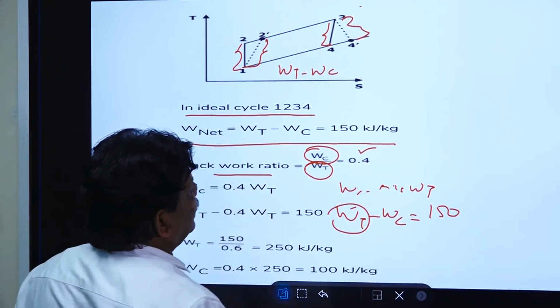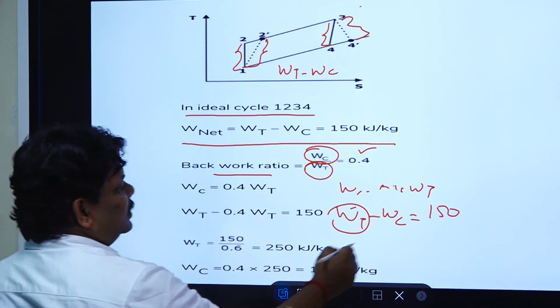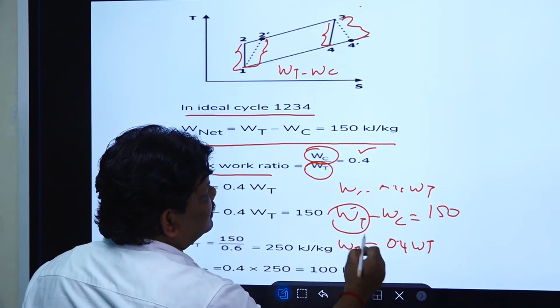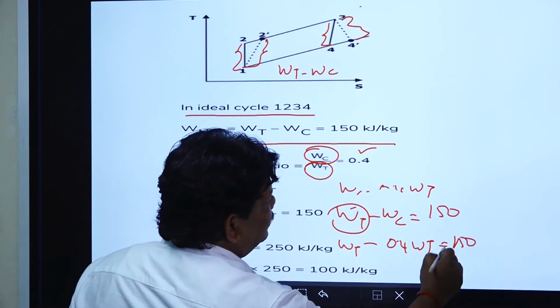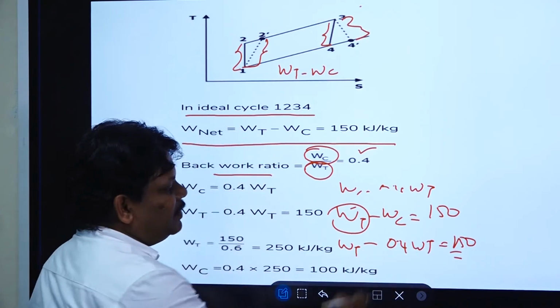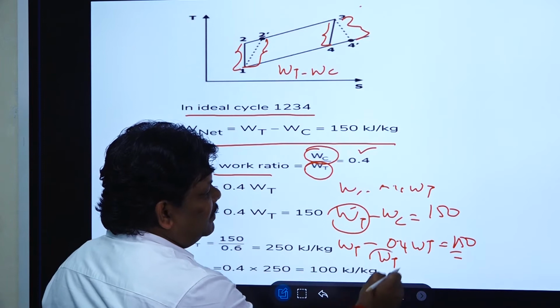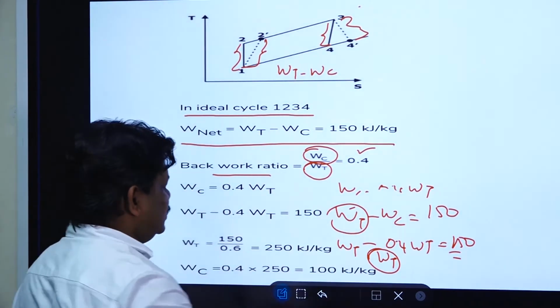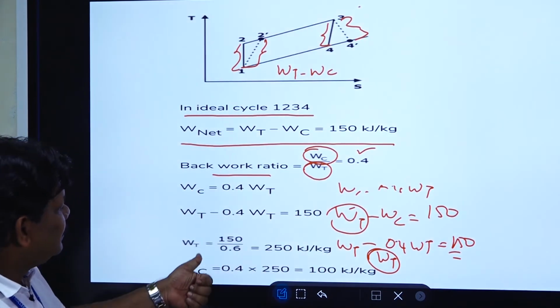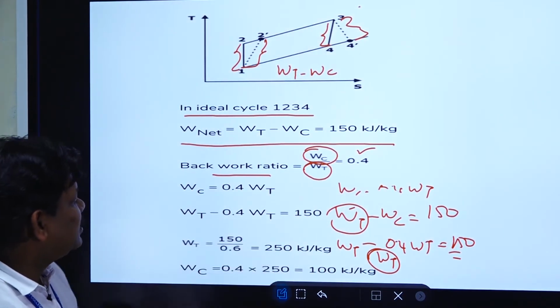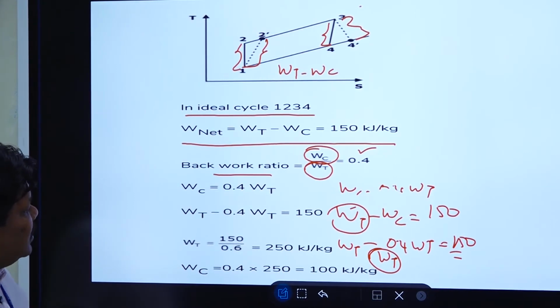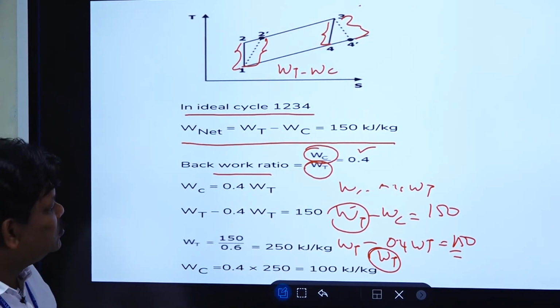Instead of Wc, you can write 0.4 Wt, so Wt minus 0.4 Wt is equal to 150. From this you can find the value of Wt, and if you substitute it in this equation, you can get the value of Wc. So Wt is 250 kilojoule per kilogram, and Wc is 100 kilojoule per